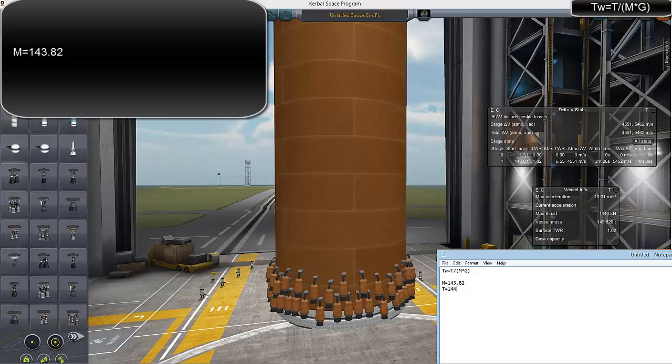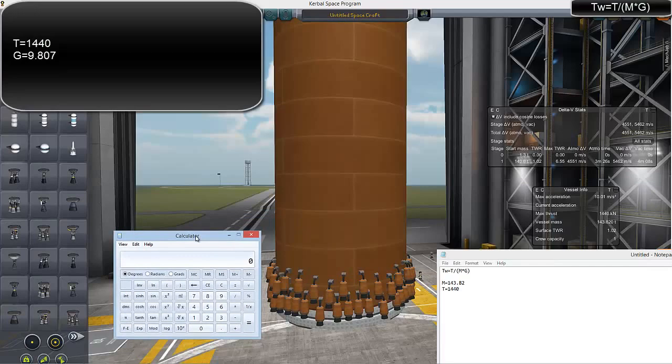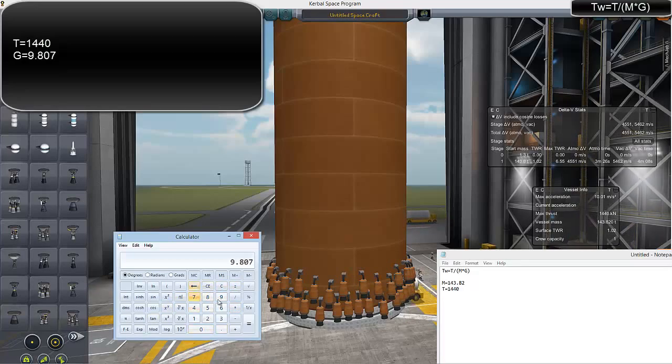So that's 1440, and that's in kilonewtons. Now, using the mathematical formula as shown here, what you need to do is 9.807 times 143.82,